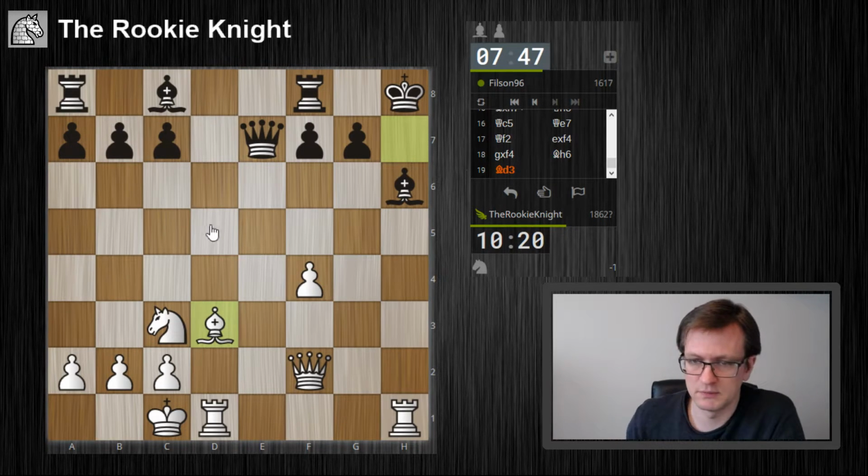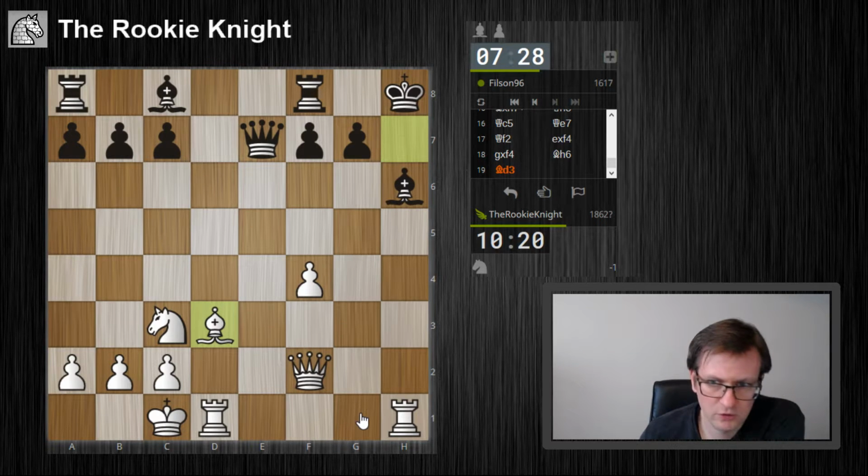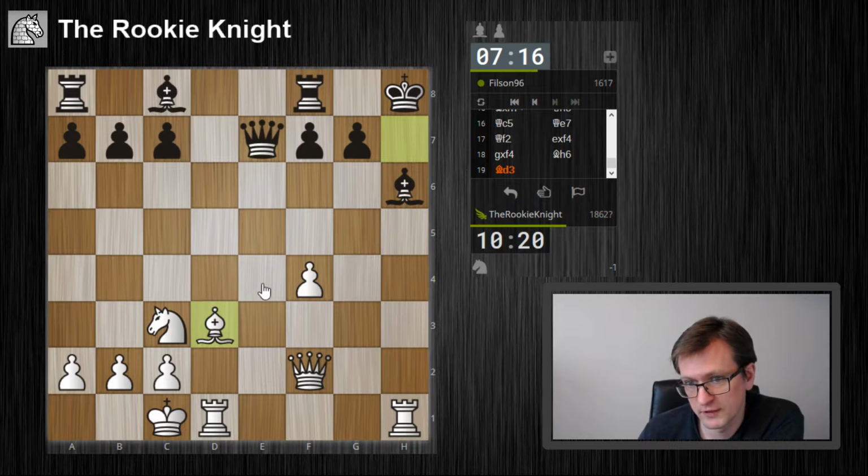So maybe knight d5 or knight e4, knight g5. Maybe rook g1 also. Queen d4 looks quite good. And then I might play knight d5, queen e4. There are a lot of threats, so